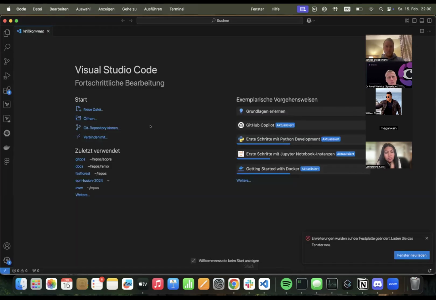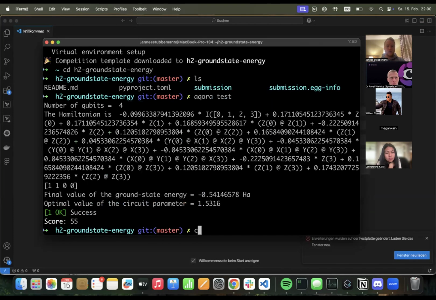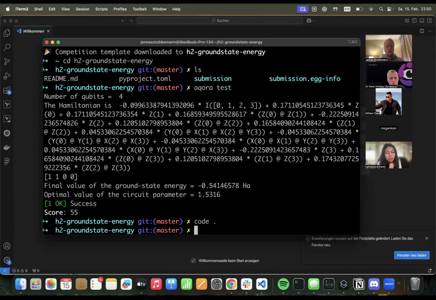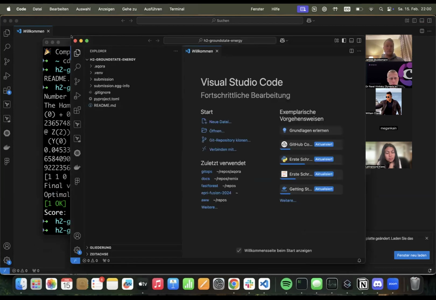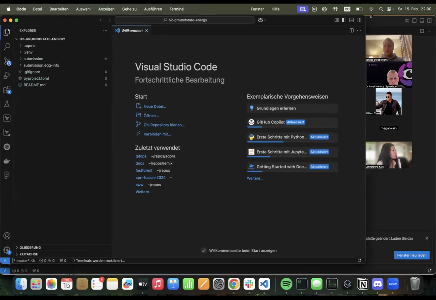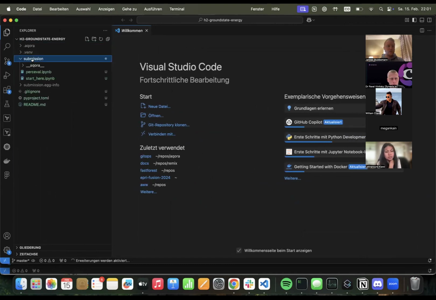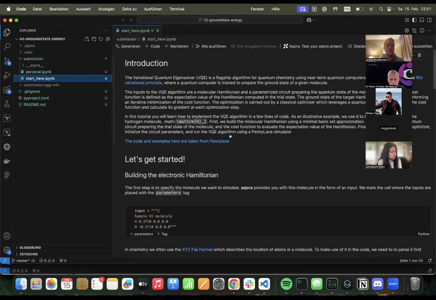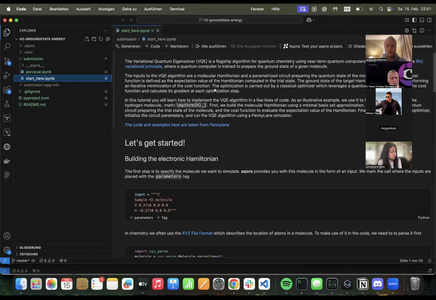But then we can go into Visual Studio Code or any other. I think I can even do this, right? And we'll just open from here. And then we have this directory, and in the submission folder, there's this start here IPython notebook. There's also a Perceval notebook. Perceval is one of the quantum computing SDKs. It's actually from Quandela, but for now we will just use the start here, which has a Jupyter notebook that